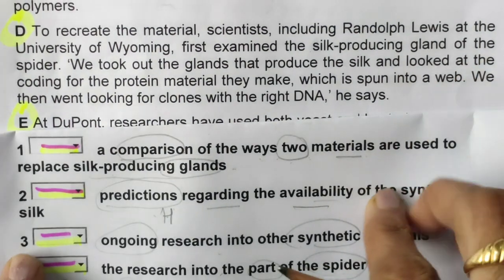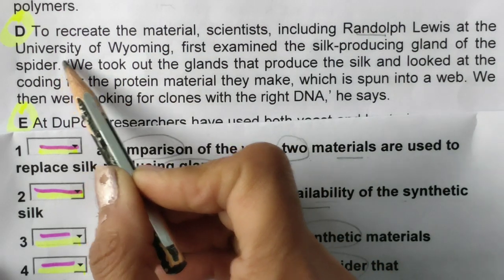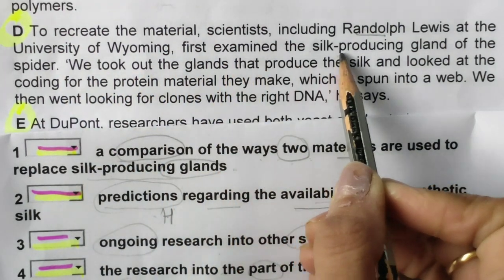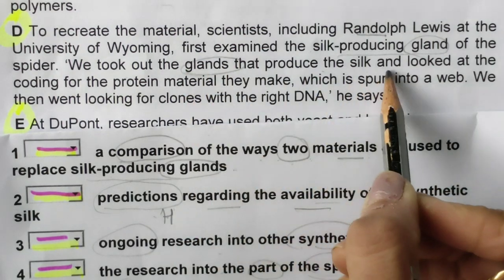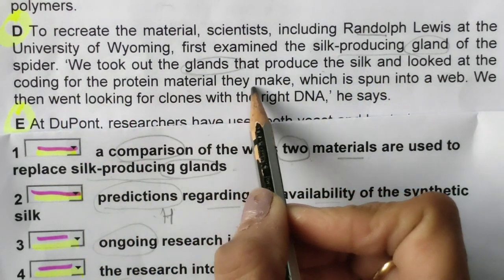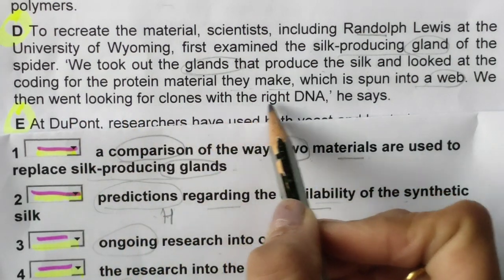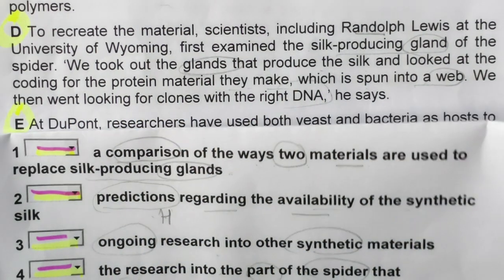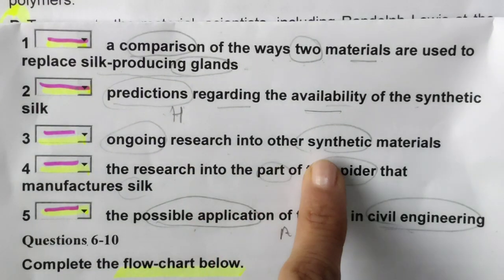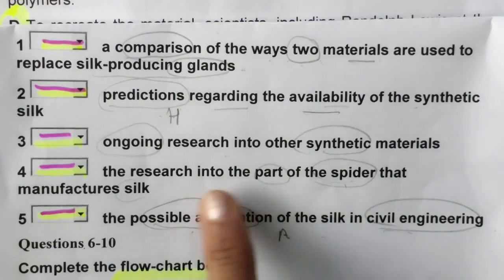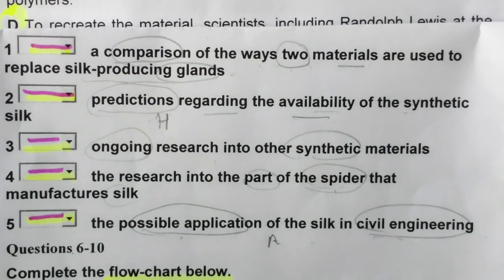To recreate the material, scientists including Randolph Lewis at the university first examined the silk producing gland of the spider. We took out the glands that produce the silk and looked at the material they make, which is spun into a web. We then went looking for clones like DNA. Okay, comparison, no comparison. Prediction, no. Ongoing research into synthetic materials, the research into the part of the spider that manufactures